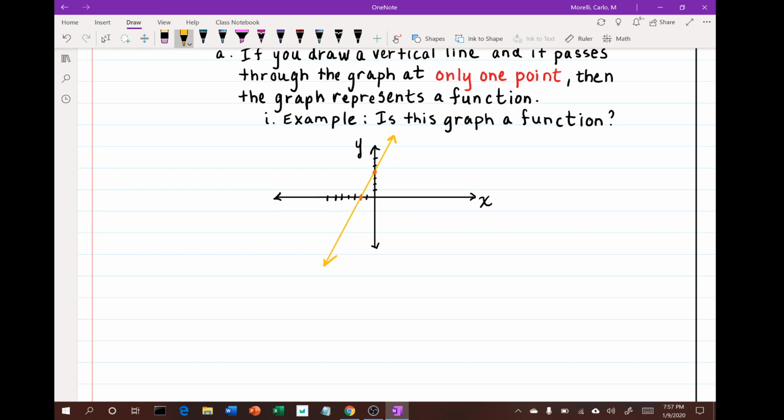Well, yes it is. So we'll see if they get that. Okay, you apply the vertical line test